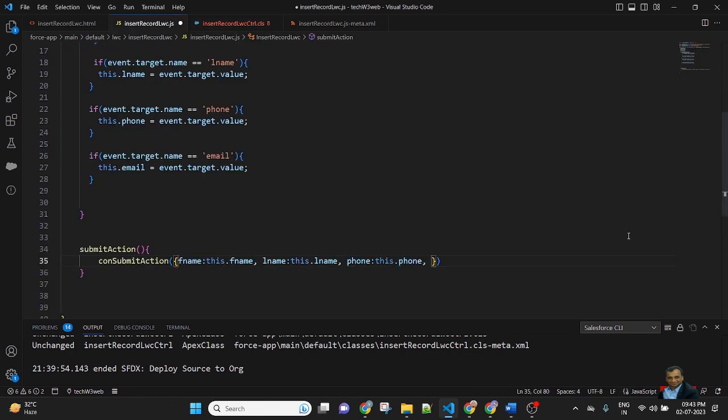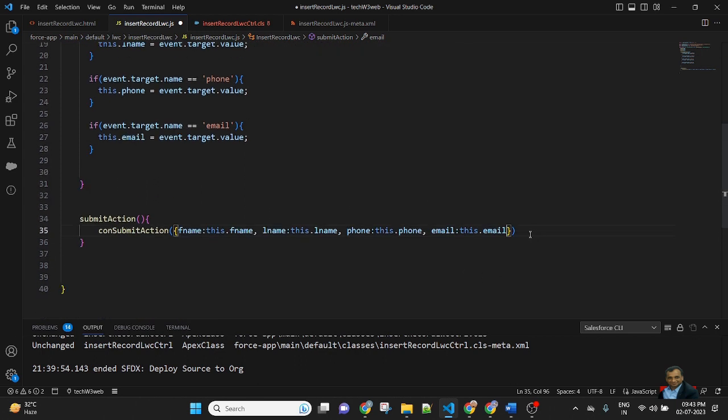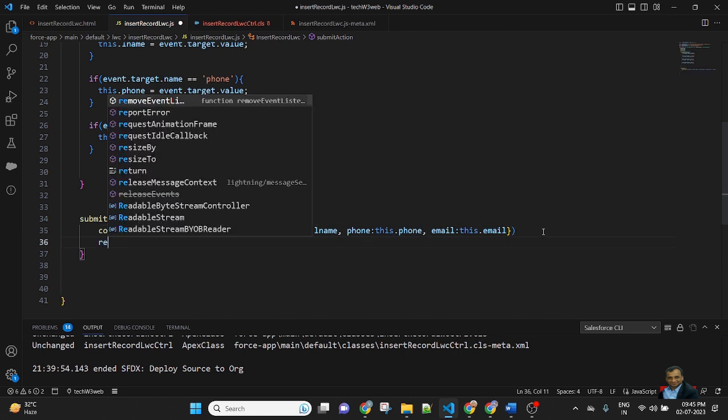So here email colon this dot email. So these values will be passed from the track variables. Then result.